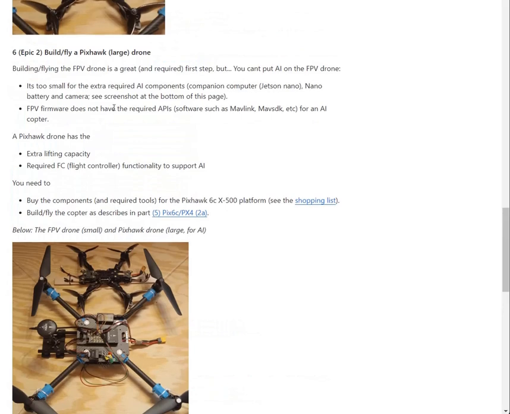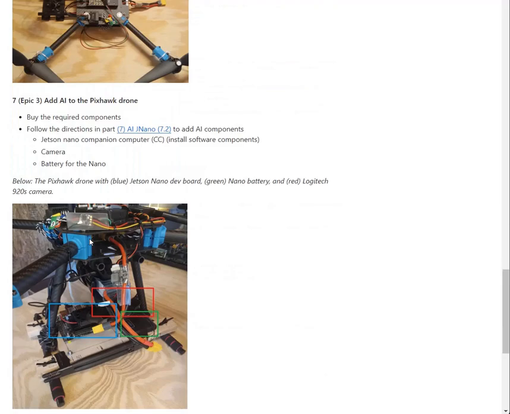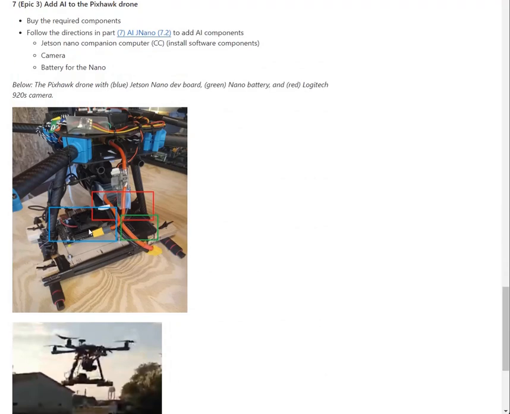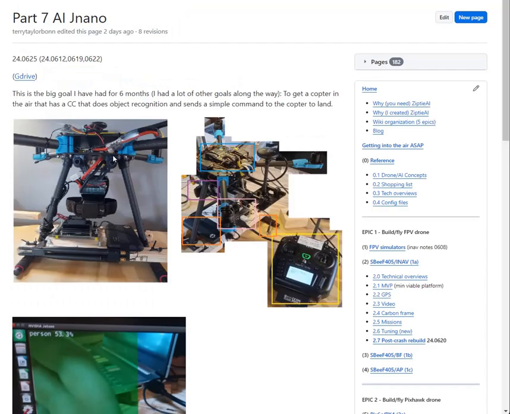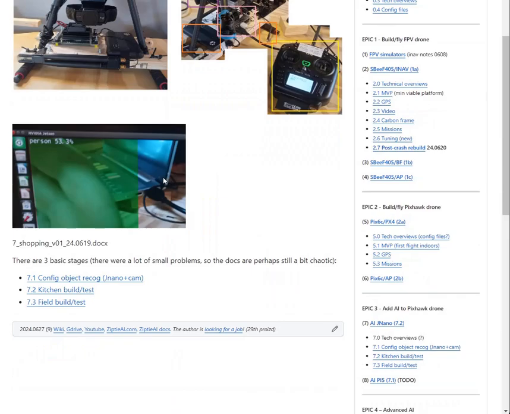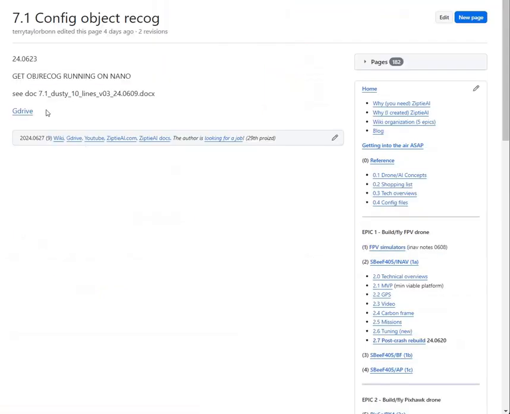So you build this large drone. Then, this video has already been a half hour. Sorry about that, I'm getting a little bit too long. But then you come into Epic 3, buy the required components, follow the directions here. Okay, you configure the object recognition. This is a big deal. Configuring the object recognition